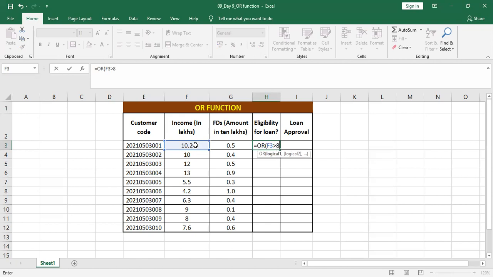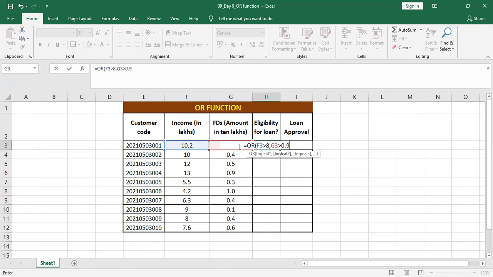Or, if he has an FD, then his FD, that is the G column, you can see the amounts are in lakhs, so we can say the FD should be greater than 9 lakhs, and that's why I have to put 0.9, because we have decimal values, right?